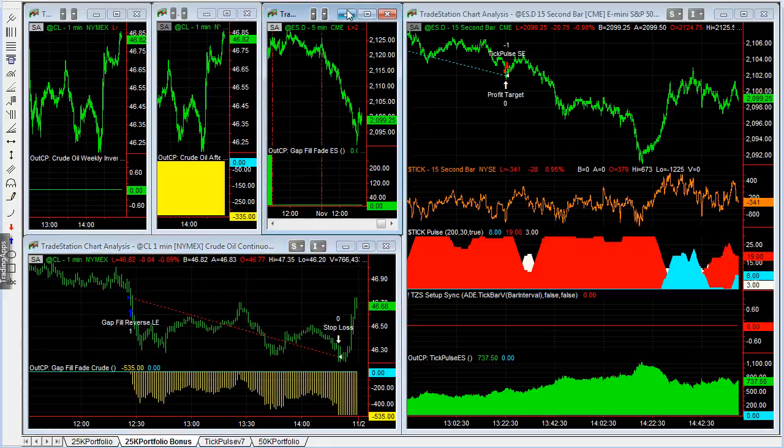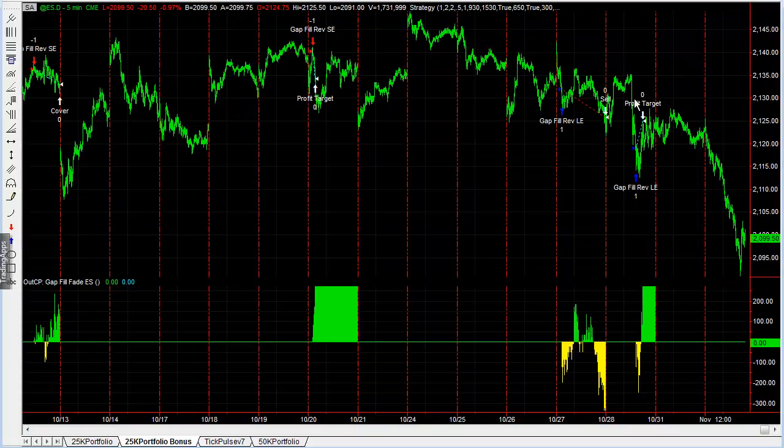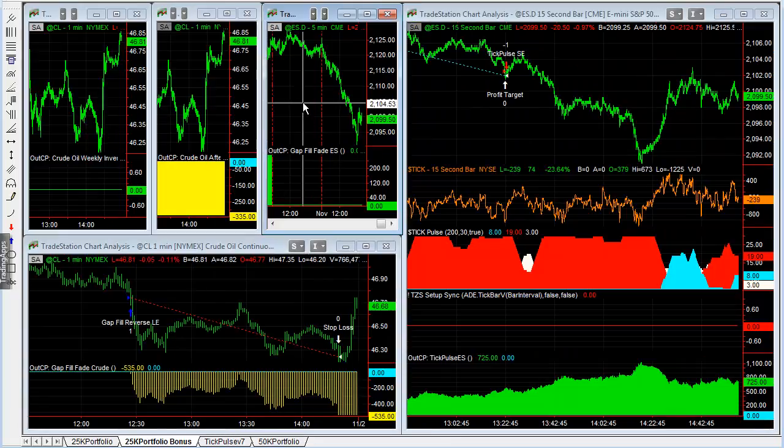Let's see, gap fill, reverse. Now this is from our book. These last two strategies I talked about, gap fill and reverse, are from the book. Good counter trend strategy. It has a choppy equity curve, but I like the combination because it's so different than everything else. It's so counter trend in nature compared to everything else we have that it makes for a good